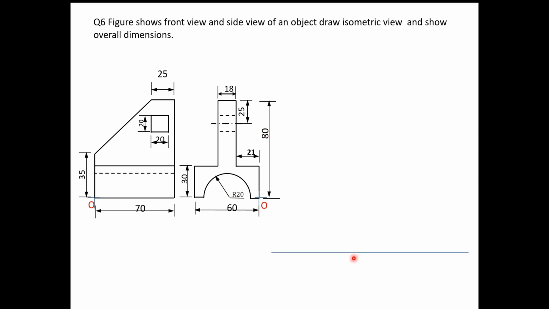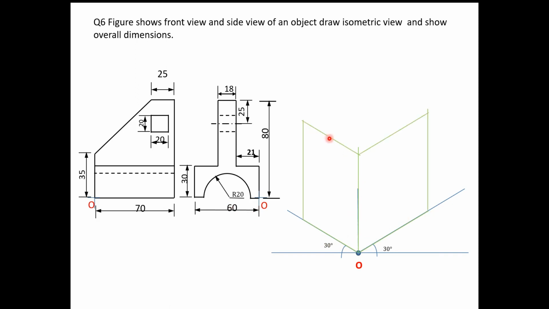So I'll mark the origin. This is origin. Draw the isometric lines. So this is isometric axis, suppose at an angle 30° on the right side. This is vertical and this is left isometric axis at an angle 30°. Then on the origin left side, that is 60, that is width. Height is 80, and the length, sorry, this 60 was the width. So width is on the left side and length is 70 on the right side. So complete this isometric box.